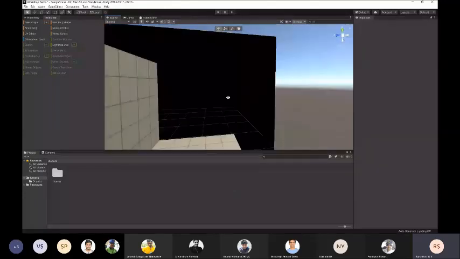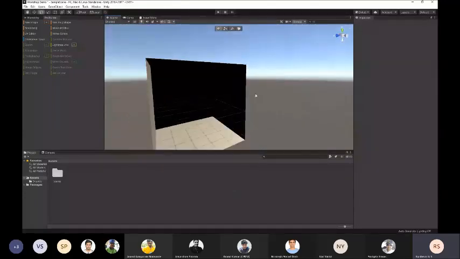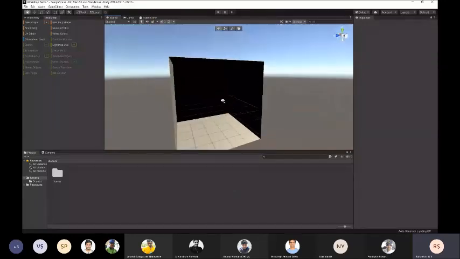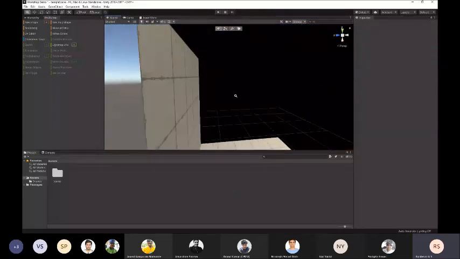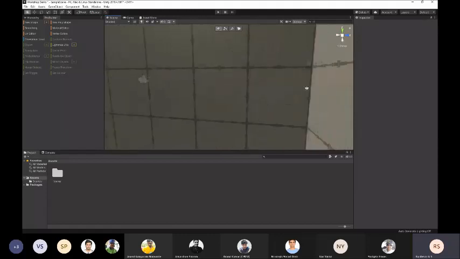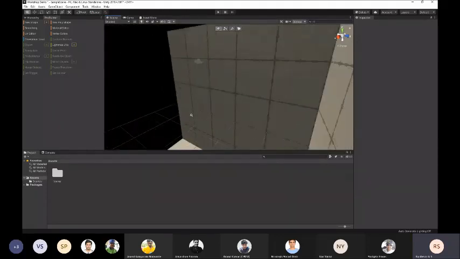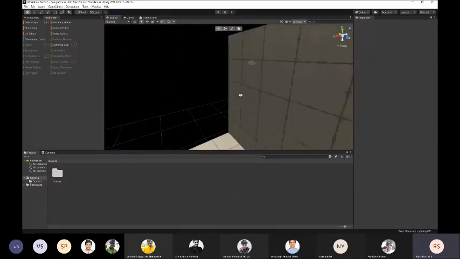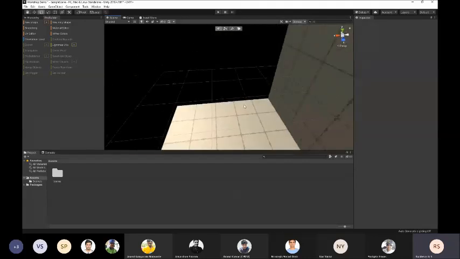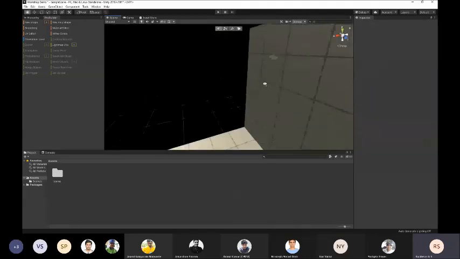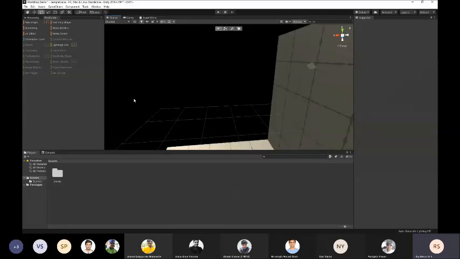So one funny thing we notice is this face looks hollow, right? But if you go inside and then look out, now it's rendered. So that's what flip normals does. It's now rendering on the inside. Once we're inside the room, we can see that all sides are rendered. So these sides are black because there's no light in the scene yet.